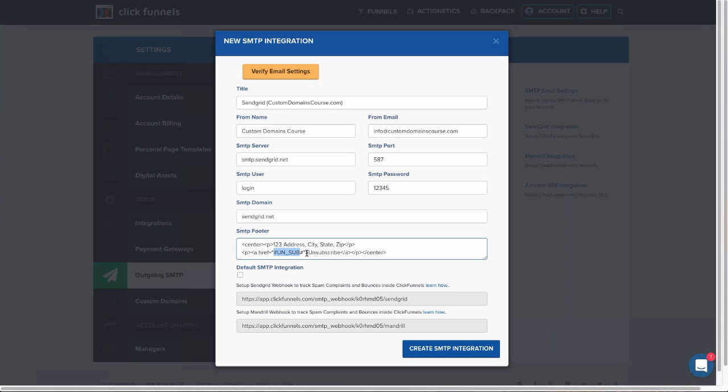And so the way I have it set up right here, it's going to say unsubscribe, and the word unsubscribe is going to be hyperlinked with their unsubscribe link, so it looks a lot cleaner. You can have it be your default SMTP integration, and then you're going to copy this webhook URL, and then you're going to go to SendGrid,